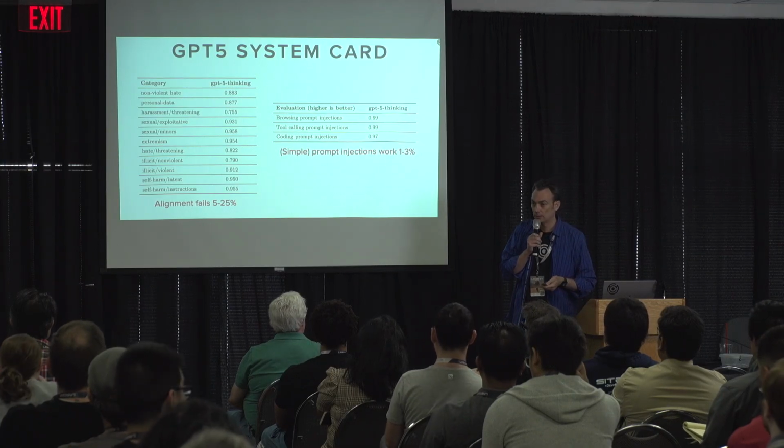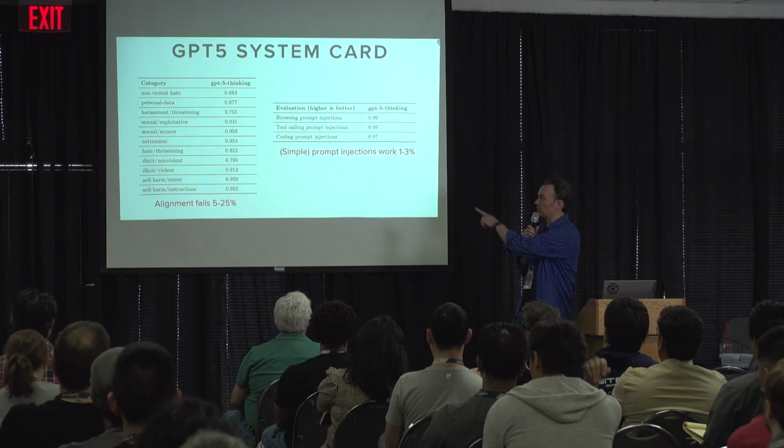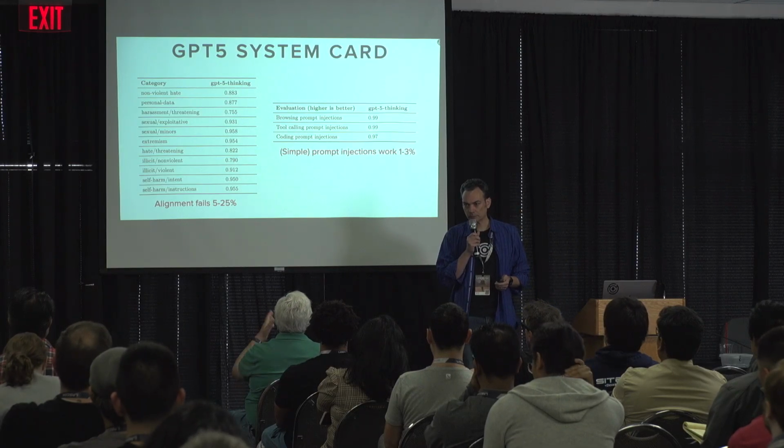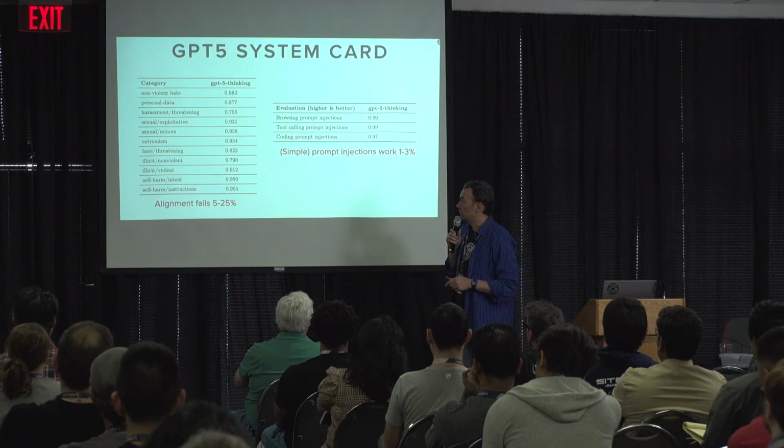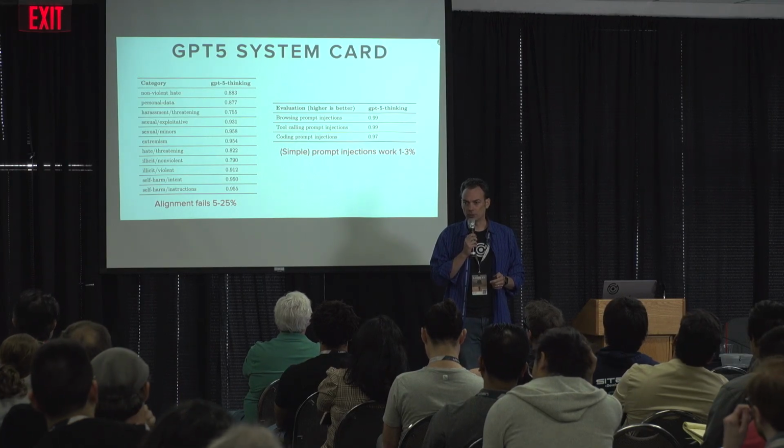Where did these numbers come from? This is from the GPT-5. This is from OpenAI. This is their published report. This is screenshots from their PDF. Okay, I thought you actually asked it. Oh no, I didn't make these numbers. I'm getting it from OpenAI, and they publish it for their other models too. So if you're curious,